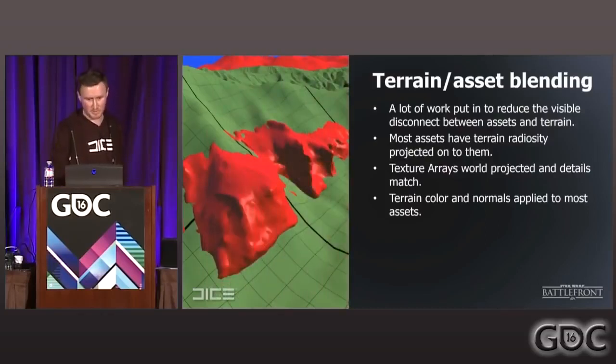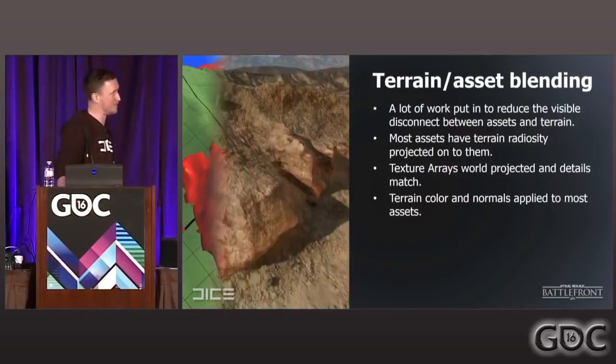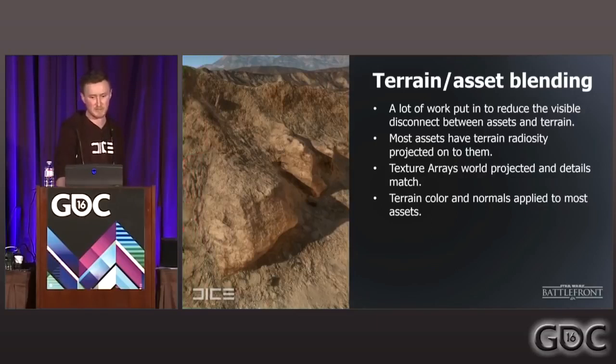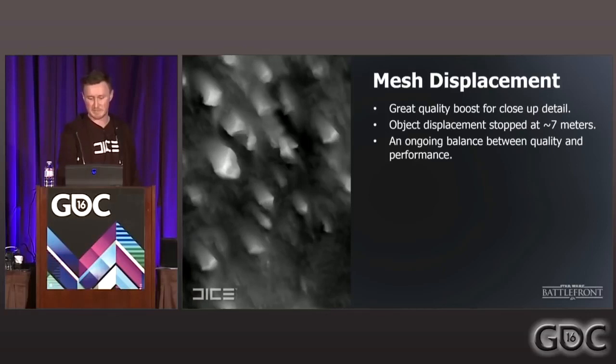We would also work pretty hard on blending assets into the terrain itself. We want to get rid of that visible cut to not remove the illusion of a photoscan environment. And this went through all the passes, not just the assets and the textures themselves, but we need to go through radiosity and lighting and all that kind of stuff. So that was a challenge, to get it blending seamlessly.